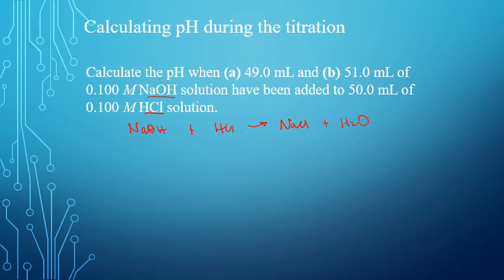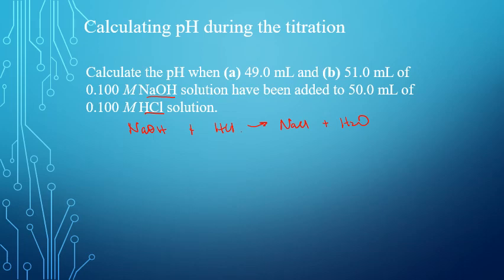So I have my balanced equation. I have the NaOH, the HCl, NaCl, and H2O. So there's my neutralization reaction. That's the main reaction taking place in the solution. You'll have to differentiate between the weak acid equilibria or weak base equilibria versus the neutralization reactions as we progress